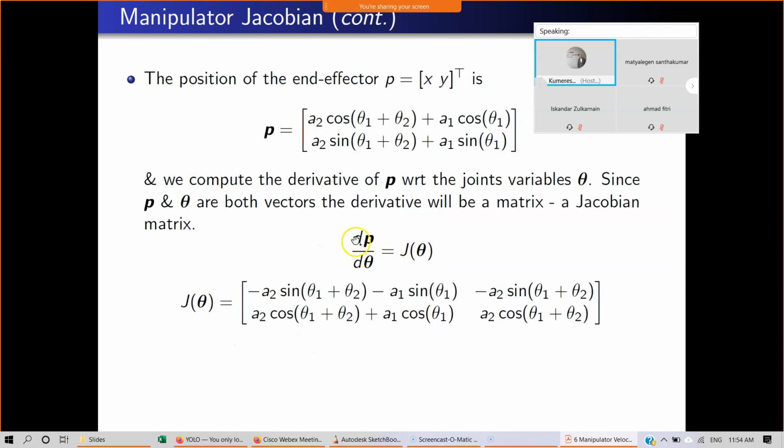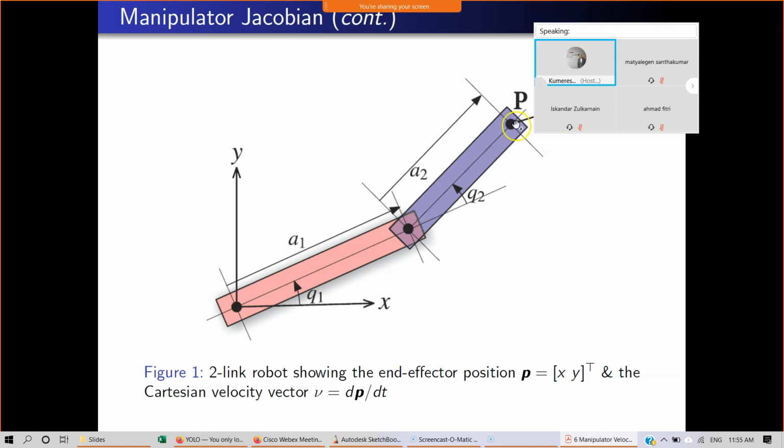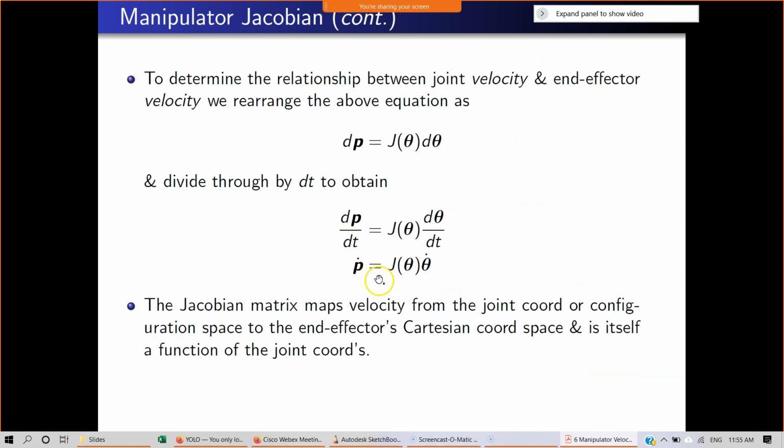Look at this, right? This is J is dp over d theta. So if we bring this to the right, we have dp equals to J of theta multiply d theta, like this. And then we can divide on both sides with dt. We have dp dt equals to J theta d theta over dt. And what is dp dt? It is p dot, right? It's a time derivative of p, which means it is the velocity of this point, the translational velocity of this point. So we have p dot equals to J of theta, theta dot. And the Jacobian matrix, the J of theta, right? It maps velocity from joint coordinate or configuration space to the end-effector's Cartesian coordinate space,